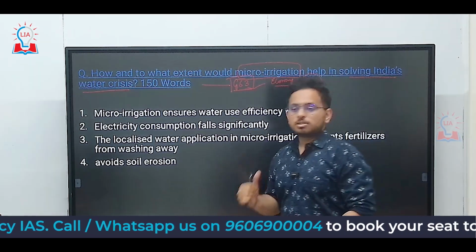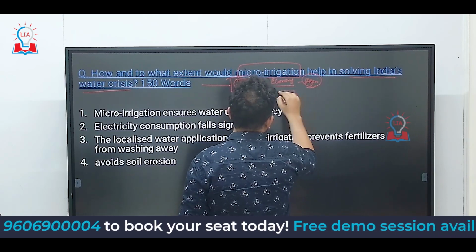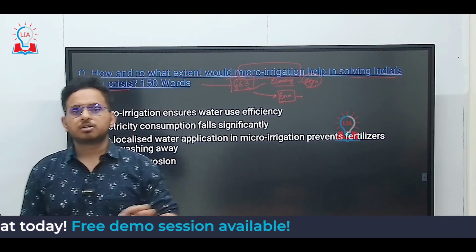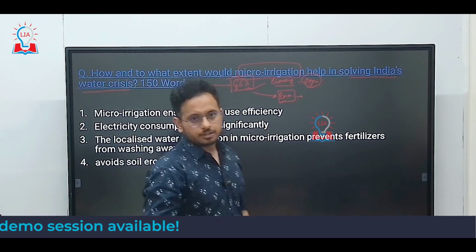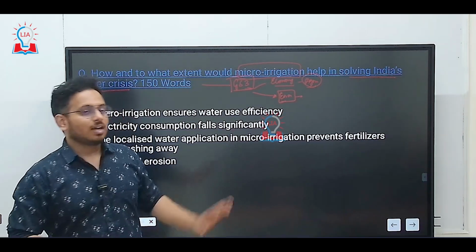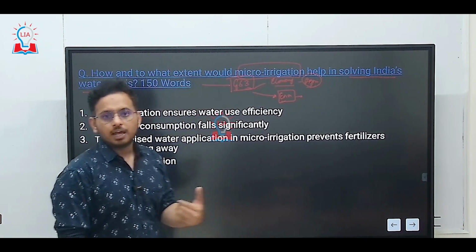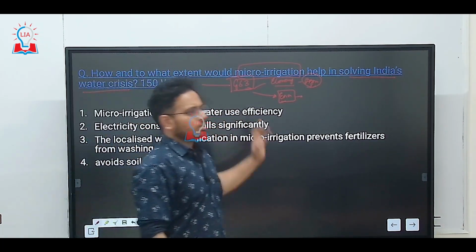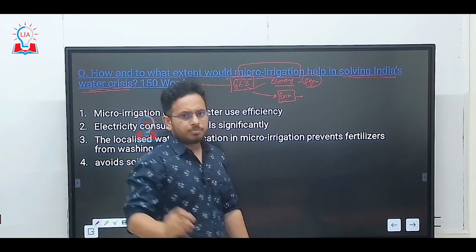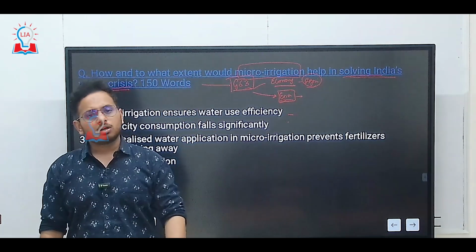Second, more important, is the environment point of view. Why environment? Because water is a non-renewable resource, and if the water gets extinct, then it becomes really difficult for the human race to survive on this planet. So if that is to be taken care of, then micro irrigation techniques are something that can help us, correct? And because the question talks about solving India's water crisis, mostly 80% of our answer will depend on economy and the remaining 20% on the environment.